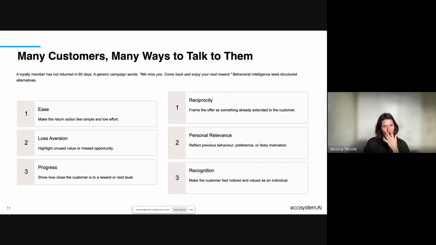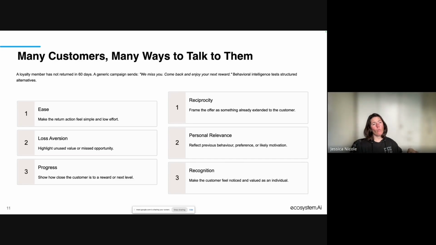Now, just based on what I've been talking about, I'm wondering if there's anybody here going, I can maybe see why some personalities would not react particularly well to a loss aversion message. Or if you choose one mechanism across all the messages and across all the personalities, how you would need to reframe the language that you use for that mechanism in order to speak better to each of those personalities.